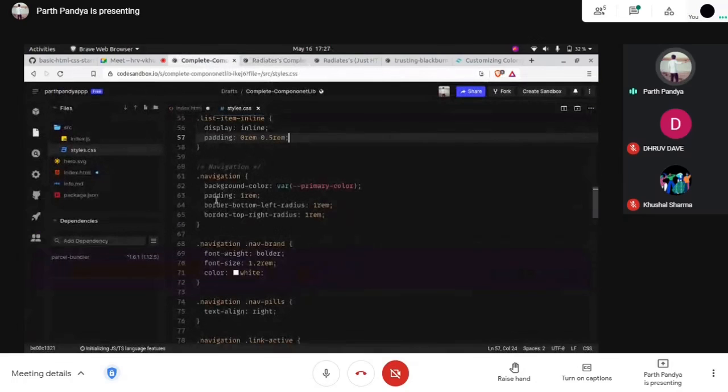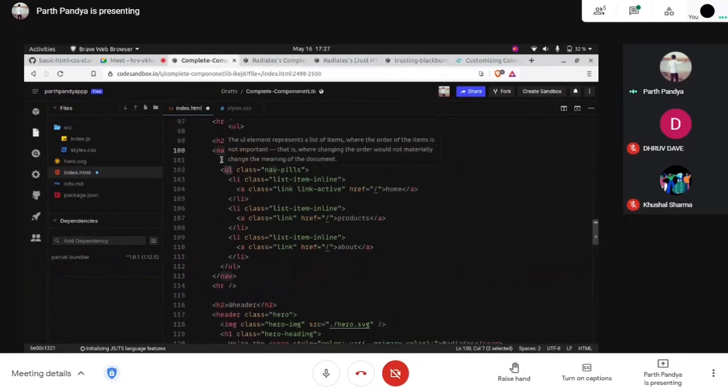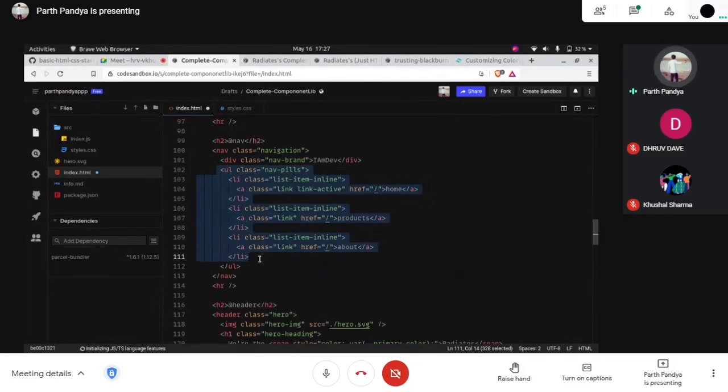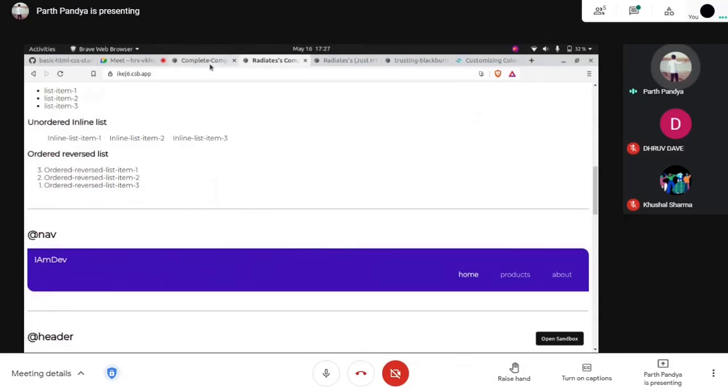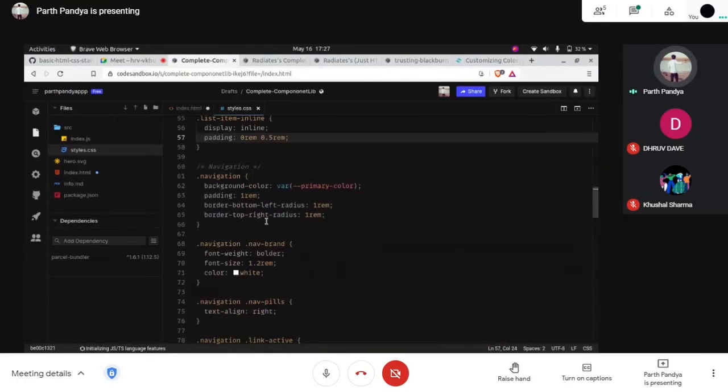Now we want some padding. We want some padding like 1 rem between them, for the elements inside this parent. We want everything to have some padding inside that. We want some padding around this UL. We want some padding around this division. So we have a padding of at least 1 rem in that, right?